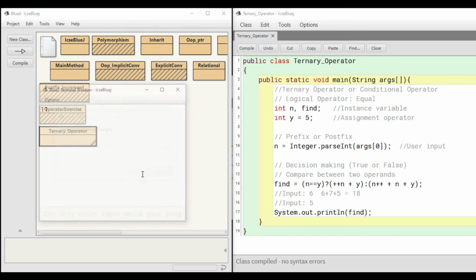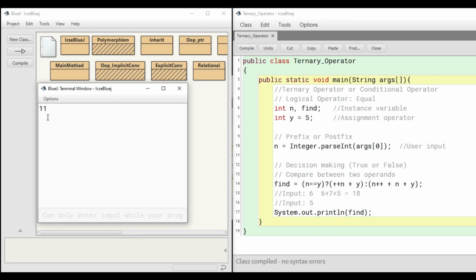So let's go and check it out, and here is the answer, and you have rightly pointed out it's going to be 11. So that's how this is going to work. In case of prefix, don't forget it will be incremented right over the segment only. So 6 plus 5 will evaluate to 11.